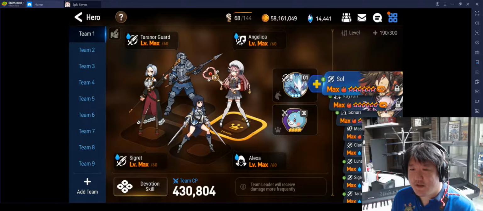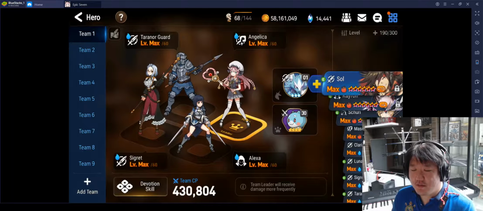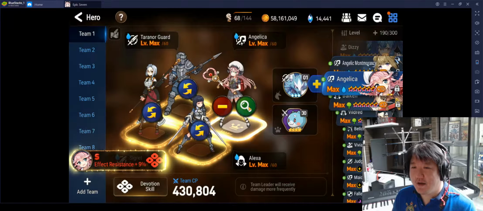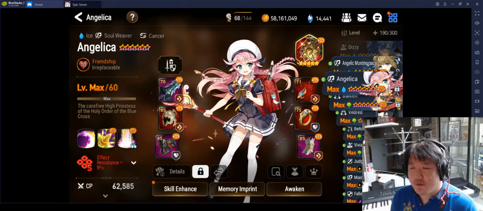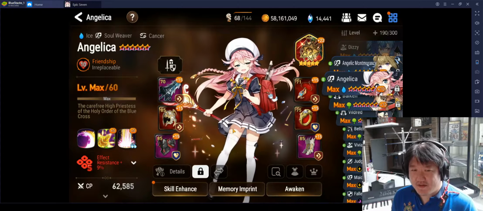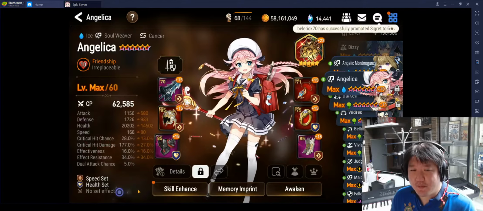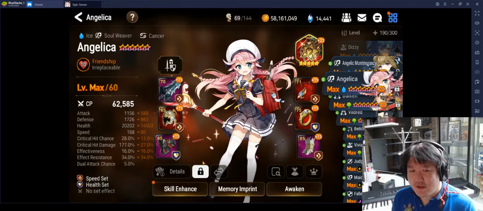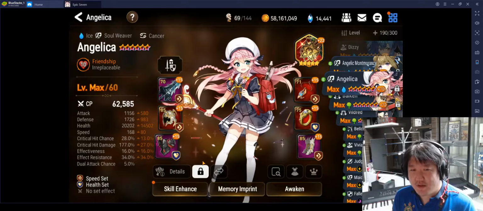Alright, so this is the team that I use for my Wyvern 13. My tank is Angelica, which I put at the front. I'll just show you the stats of my tank. You need your tank to be able to take a lot of damage because the Wyvern hits very hard. So you need at least a decent amount of defense. You also need health, and you also need speed, because every time the dragon hits you, you will be knocked